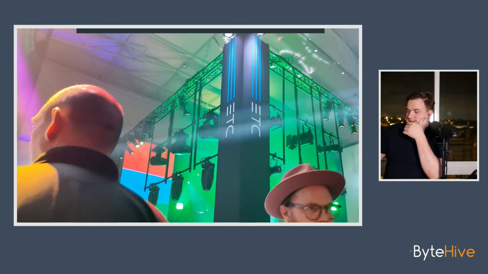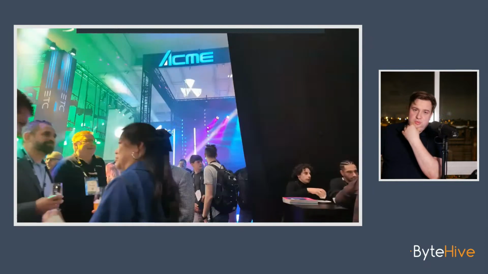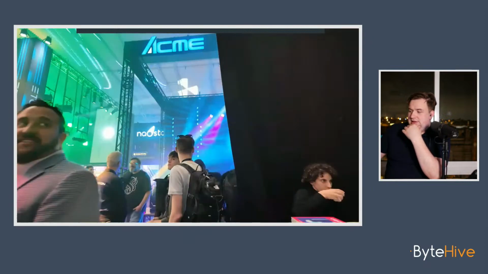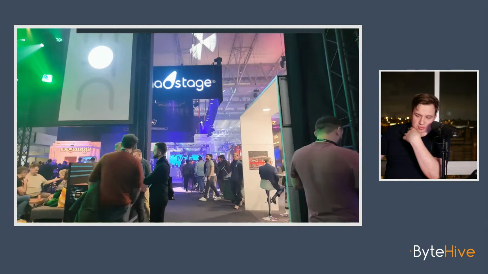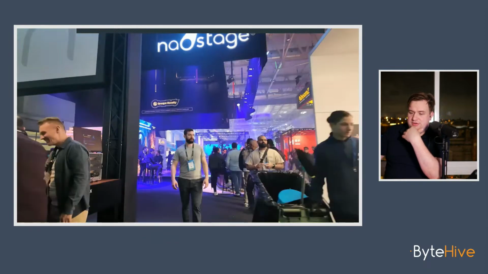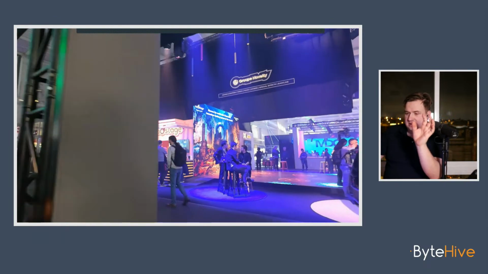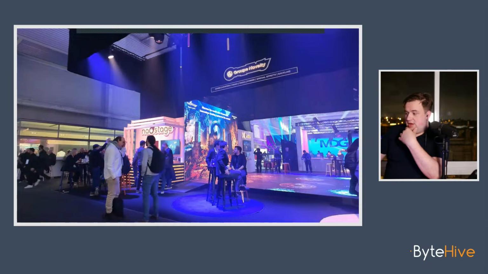this is in the LED Pro Lighting Hall, and you walk in there and it is all full of haze. And then you just walk around, and there is a bunch of these LED bars, LED washers, all of that.